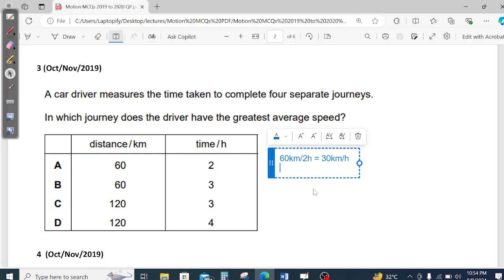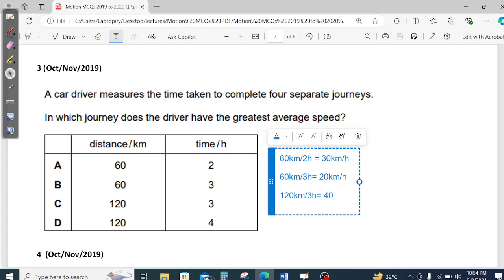This is your speed. Next, in the second, 60 km divided by 3 hours, you will get 20 km per hour. Then the third one: 120 km distance is covered in 3 hours, then you will get